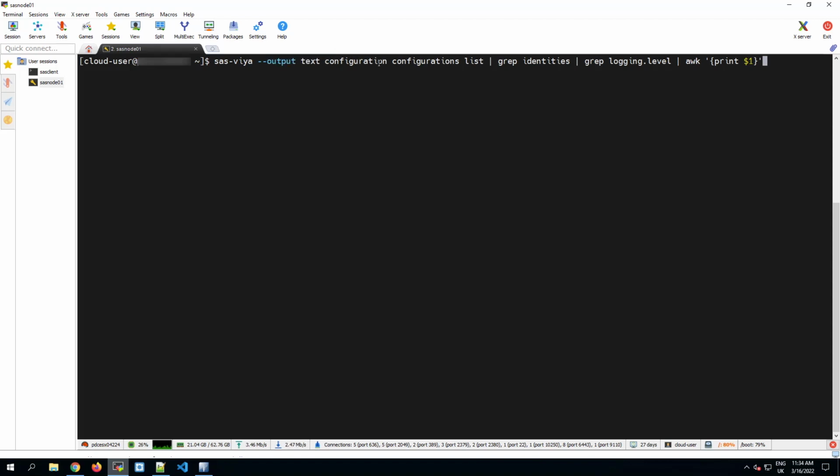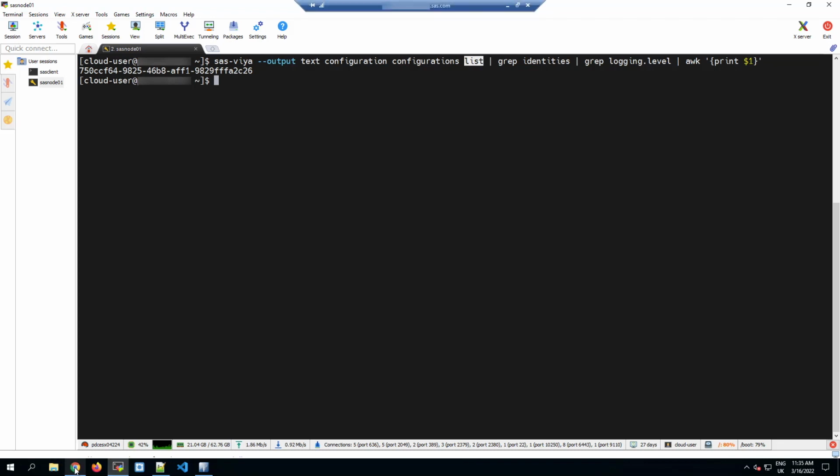It'll run the configuration plugin and use the configurations command within that and the list subcommand to list all configuration instances in this version of SASFire. We'll then grep the results of that to look for identities and also logging.level. And the last thing is just going to print out the first field of that result, which is just the ID of that configuration instance.